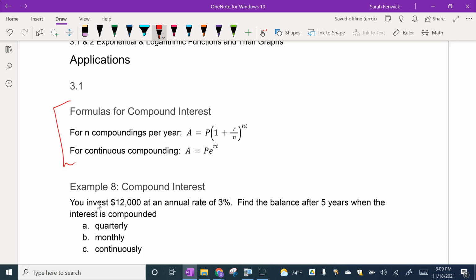First of all, these two formulas. We have two different compound interest formulas. One is if you are compounding a certain number of times per year. The other one is continuous, where it rolls the interest. So A is your final amount of the formula. P is the principal